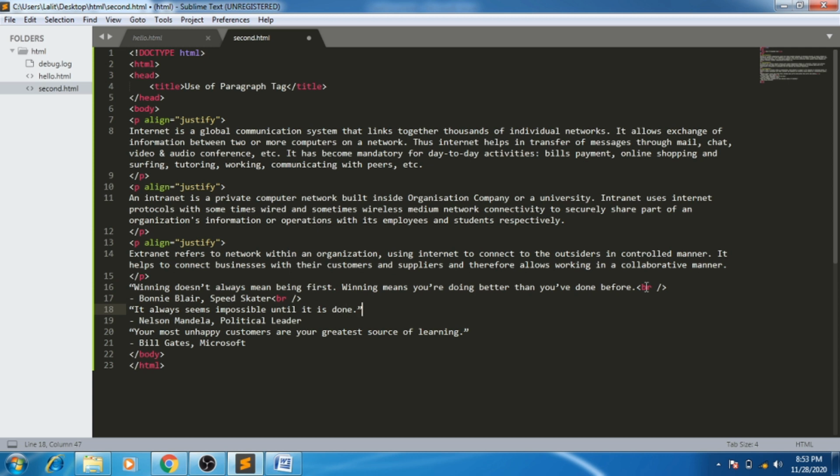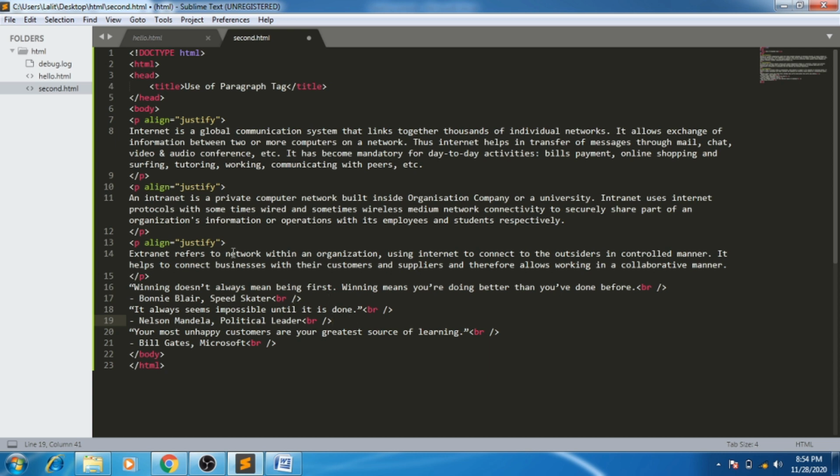Otherwise, the text will continue till the right margin of the browser window and then automatically break the line and be shown in the next line. But if you want to break before the right margin is reached, then you use the BR tag. I have to write the BR tag after each line.